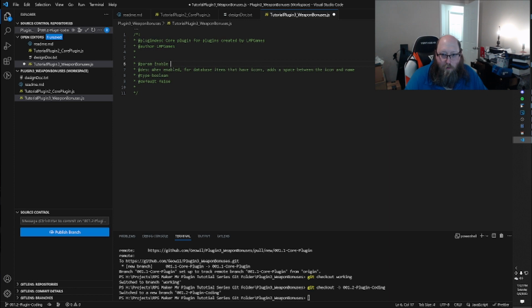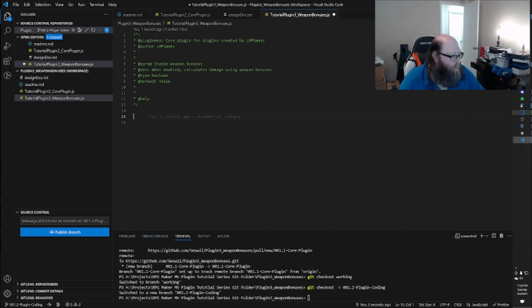So we're going to say enable weapon bonuses. So when enabled, calculates damage using weapon bonuses. So Boolean, default false, that's all we're going to add in. We're going to put in the help down here. We'll deal with that later. Alright, so now, the next thing we need to do is we have to bring in the